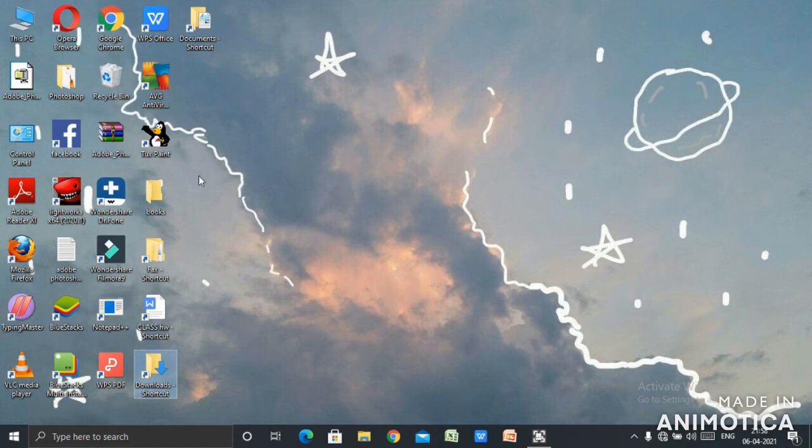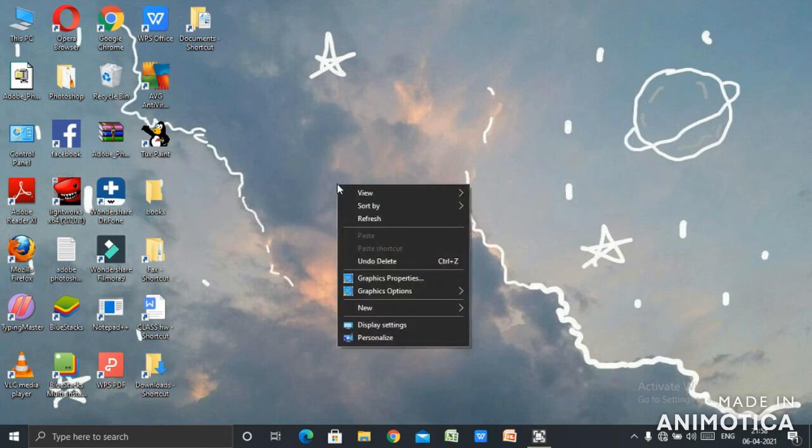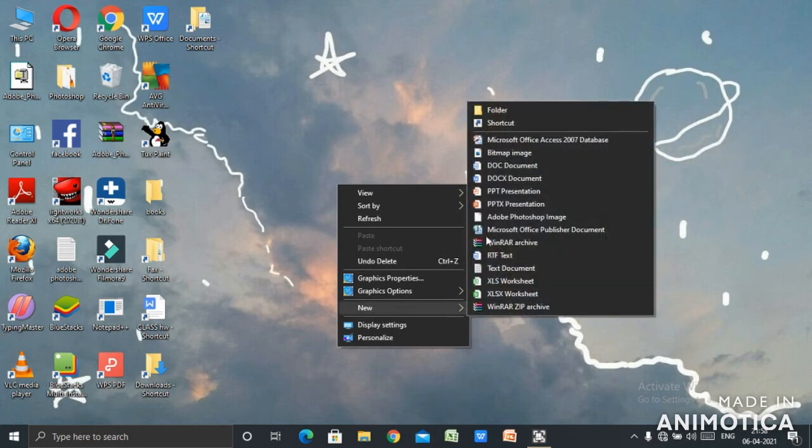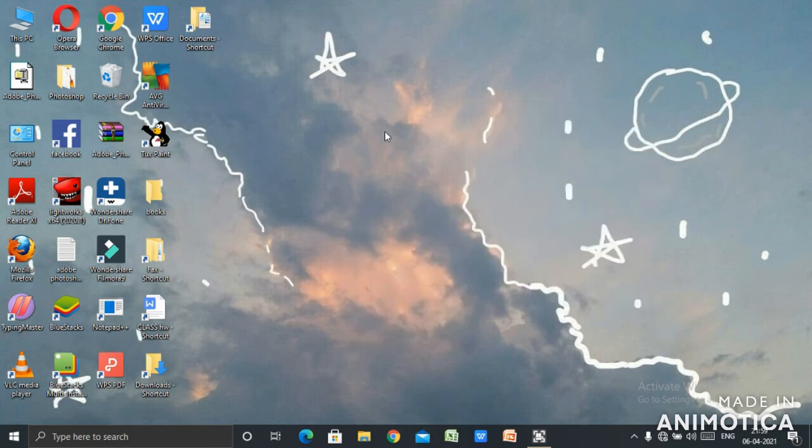Now suppose, let us have a look at this folder. Suppose you want to delete it. I have already explained how to create a folder. Let us once again revise, children. Right click the mouse on the desktop, you will get the new option. Then folder is written in the drop down menu. So this is about creating a new folder. Now suppose a new folder is created. Let us take an example, the books folder is created on the desktop.